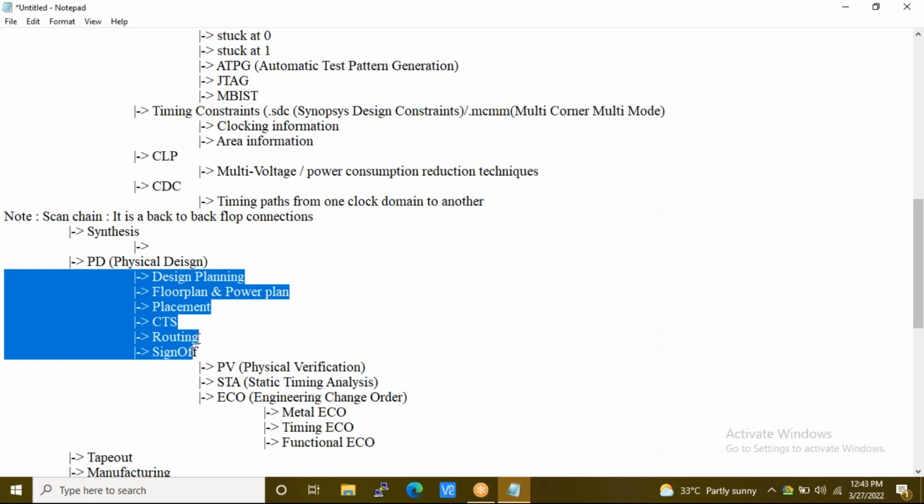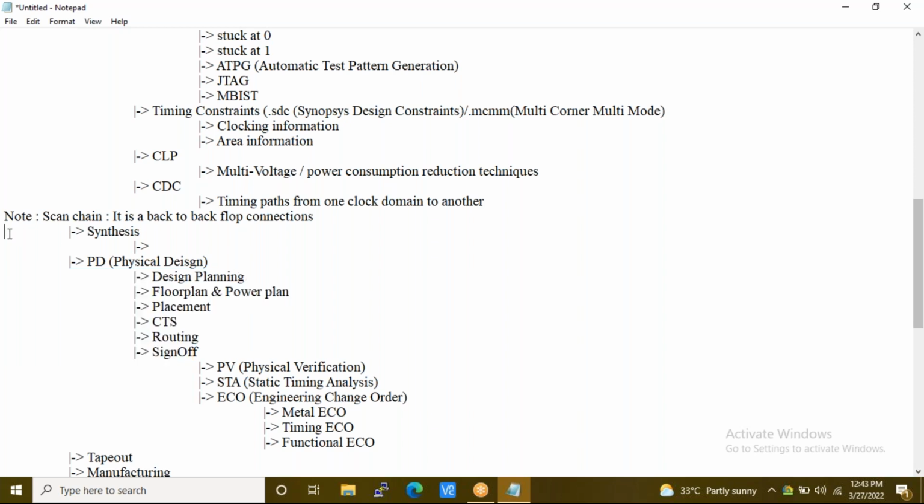The reason is that from the synthesis stage, your technology dependent files come into the picture. Prior to synthesis, it's irrespective of the technology.